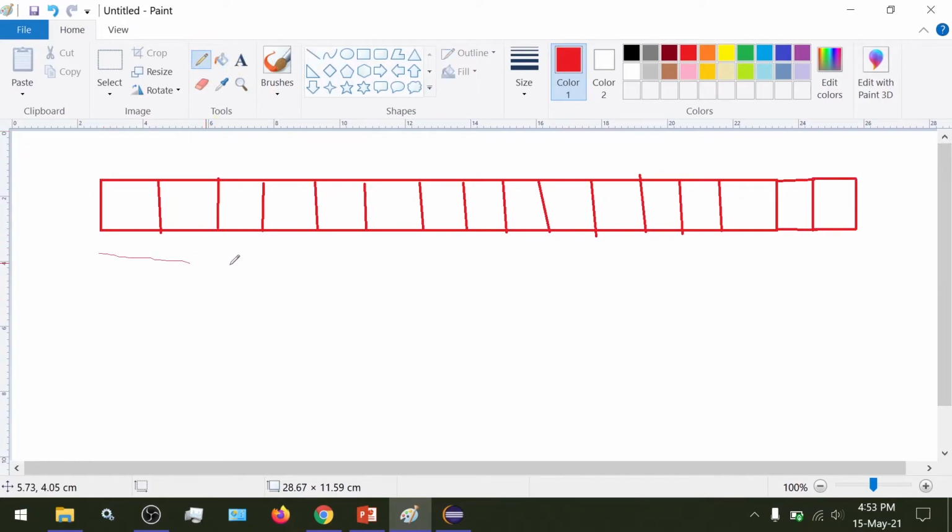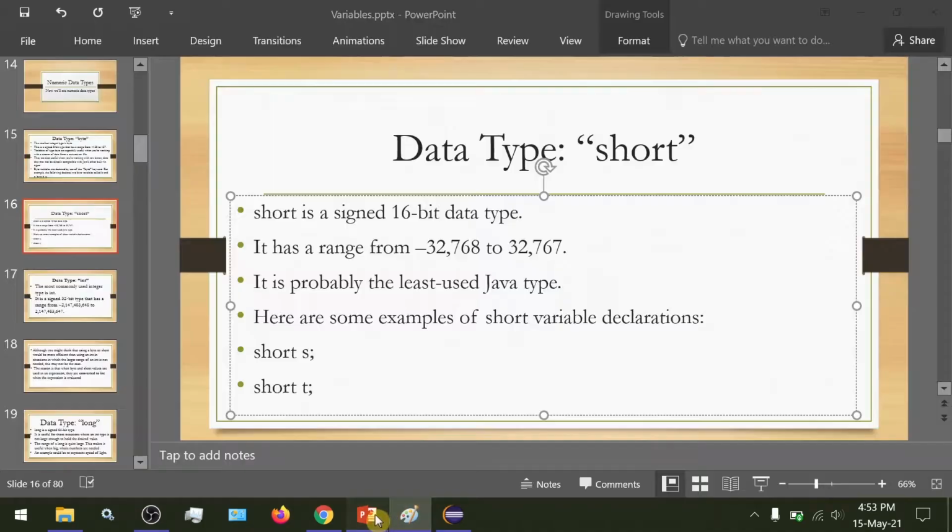So for the short data type, we have 16 bits of memory.